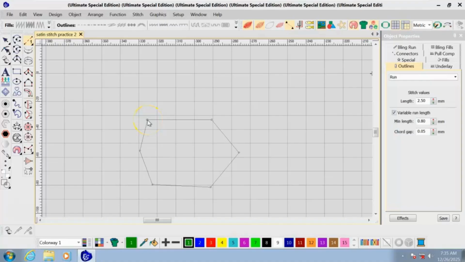Running stitch does not fill the shape. It only creates a single line. After drawing the line, I press enter to finish the object. So remember, running stitch is only for light and thin lines.